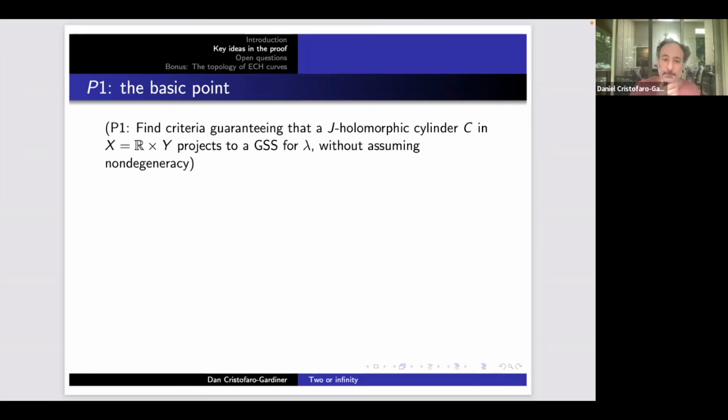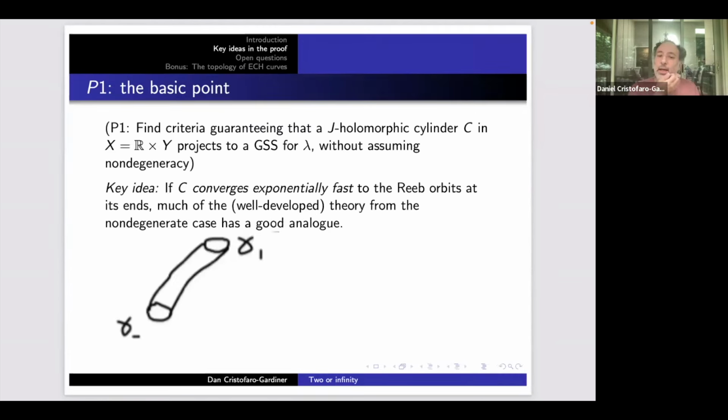Okay, so let's talk more about P1. I've reminded you what P1 is. These should be criteria guaranteeing that a J holomorphic cylinder actually projects to a global surface of section without assuming non-degeneracy. So this looks like it could be pretty complicated, and it is pretty complicated. However, there's a really important idea. Like I said, the proof is pretty technical, but I want to try to convey what I think are the most important ideas. So here's an idea, which is, I think, very useful,